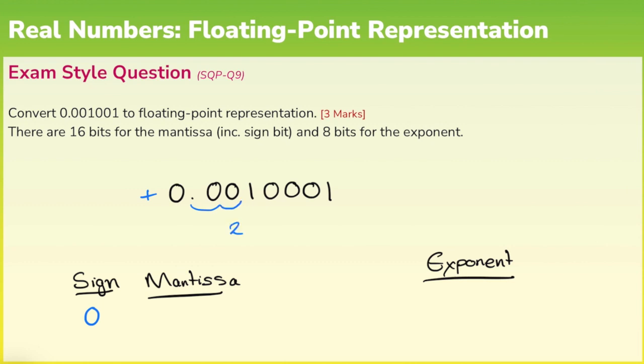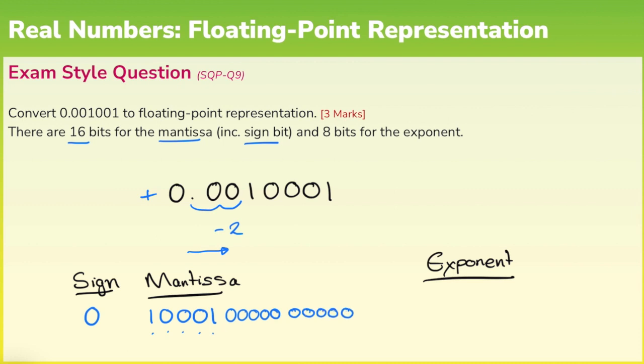And because we're going to the right, it is negative 2. And our mantissa then becomes 10001. But we're told that we need 16 bits for the mantissa, including the sign bit. At the moment, our mantissa is 1, 2, 3, 4, 5 bits long. We need to make it 15. So in this case, we just add another 10